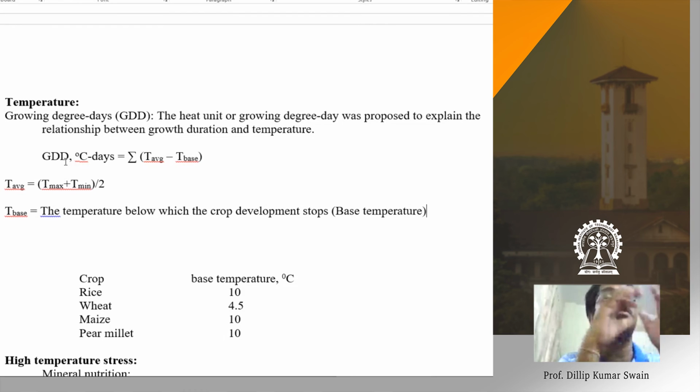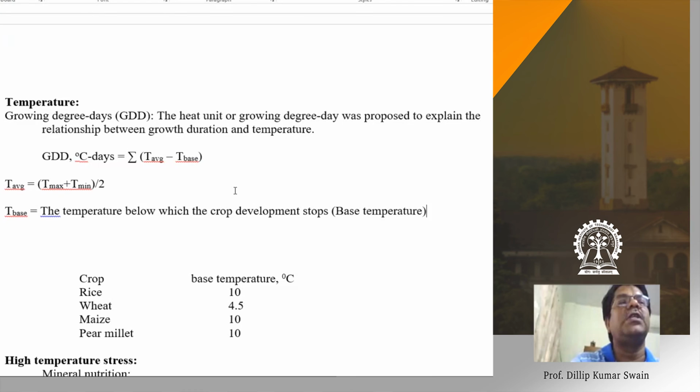Once the growing degree days is known, that is constant, and knowing the average temperature of that location, we can say the crop is going to flower on this day, or the crop is going to mature on this day. That we can predict. And once the duration is known, that will help us in predicting the biomass, because for that particular duration we can estimate how much biomass can be accumulated. That also we can predict well using the growing degree days concept. The heat unit concept can be used for calculating the duration for particular growth phases, and it also helps in the estimation of biomass.